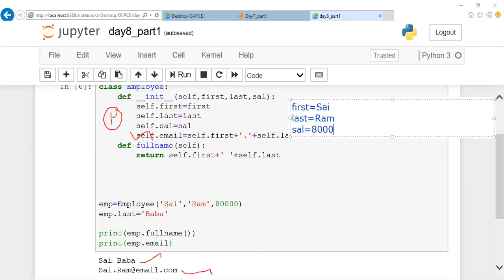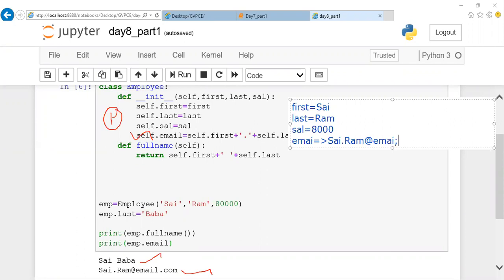After forming this, it goes down, and one more operation is done: your email ID is formed, sai dot ram at the rate of email.com.